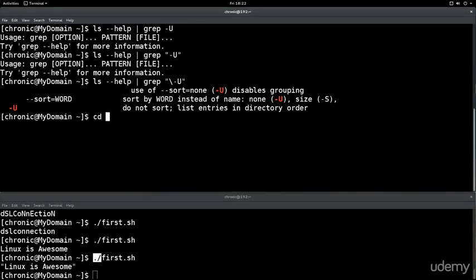Also, you would use it to separate, for example, the certain components of a file name. If, let's say, you want to use the command change directory, and then you go to /home/chronic